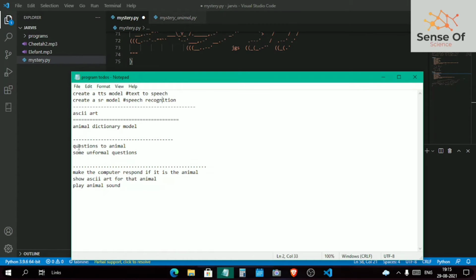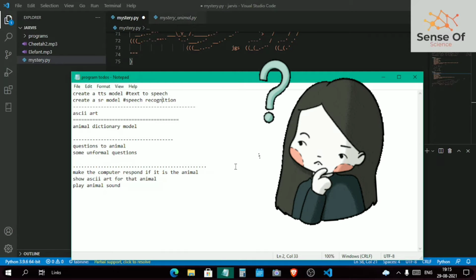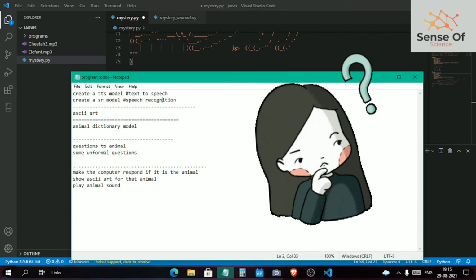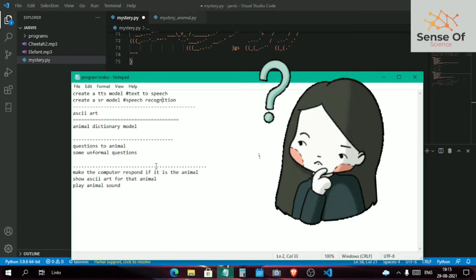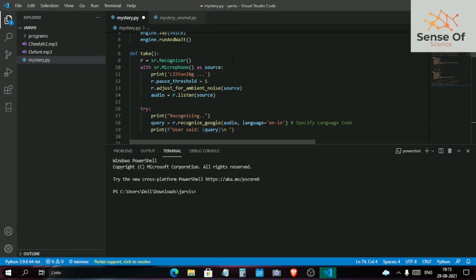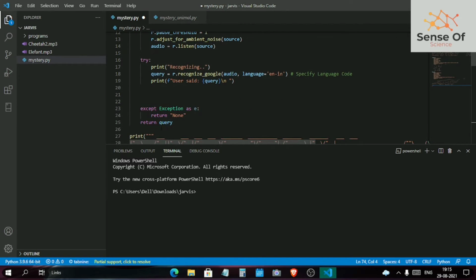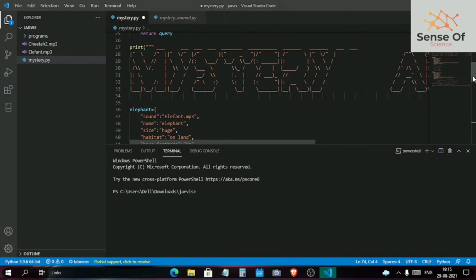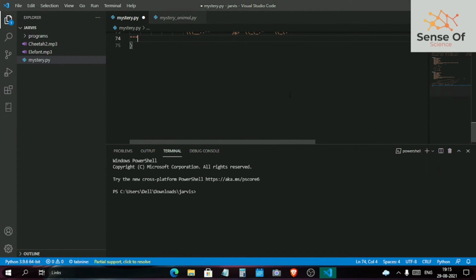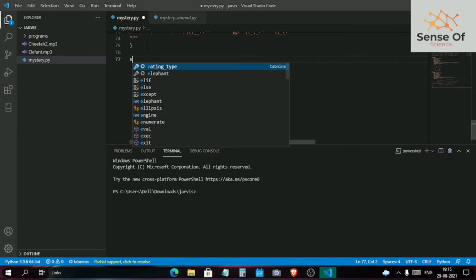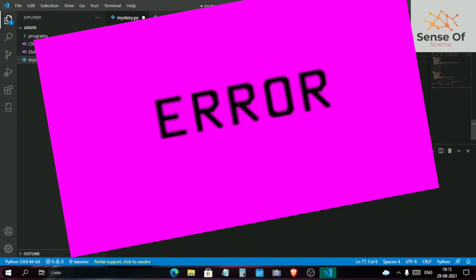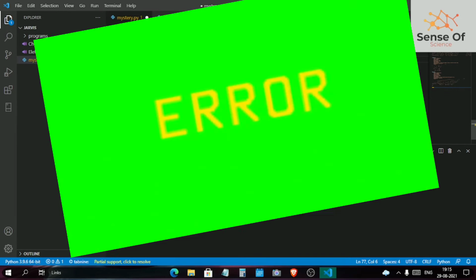Next step was to ask some questions to the animal which the computer has chosen, and it has to reply to those questions. For this, I tried to use this function and this query which is for returning to utilize it in our questions, but I don't know why I was getting some unexpected errors.